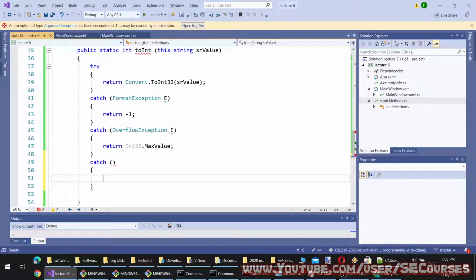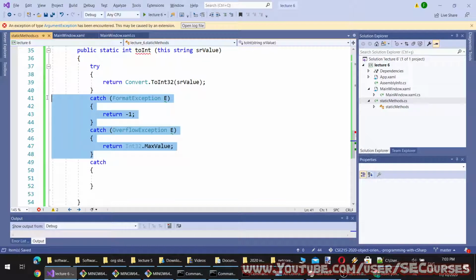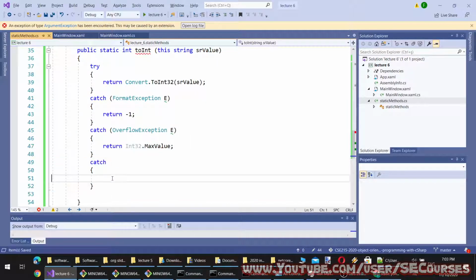And this would catch all the other exceptions. If you didn't specify each one of the exceptions, it would catch all the other ones. This is how it works. And by the way, it says it doesn't return something, so I have to return like this.